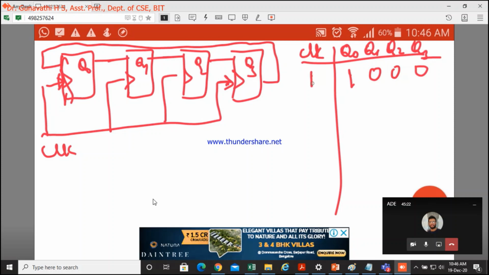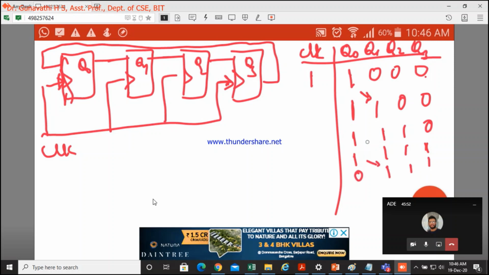With the first application of the clock, the next input is not 0 now; it will be the complement of the last output, fed to the first one. So I'll get 1 here, and then 1 1 0 0, then again 1 1 1 0, then 1 1 1 1, all 4 ones now, then now it is 0 1 1 1.